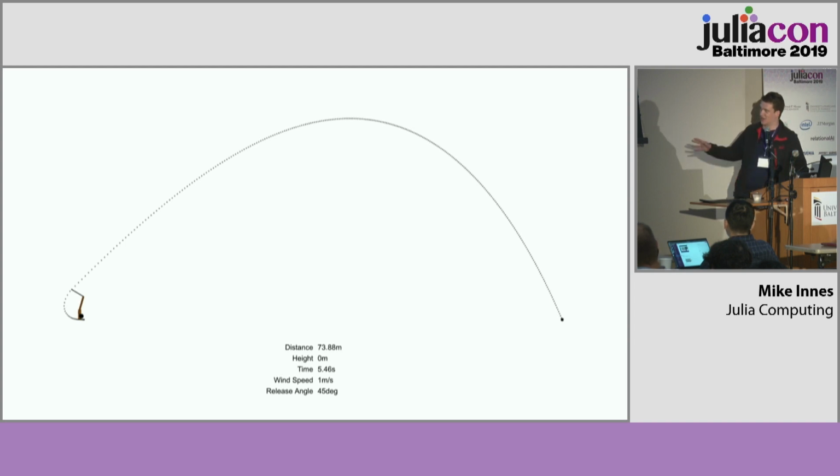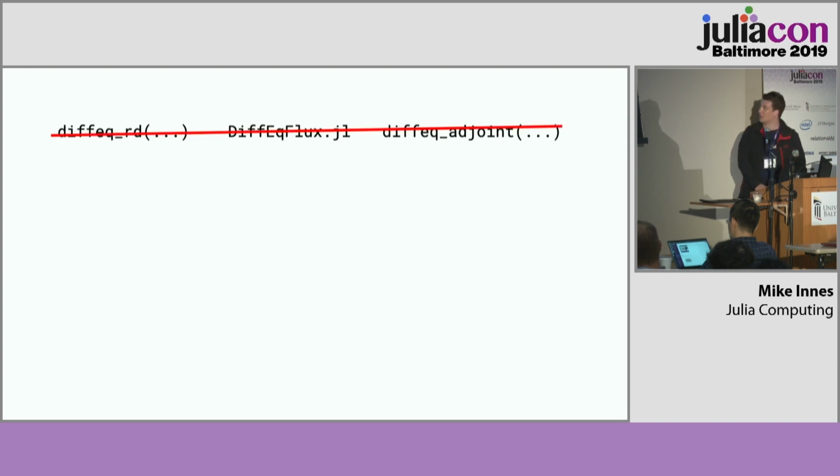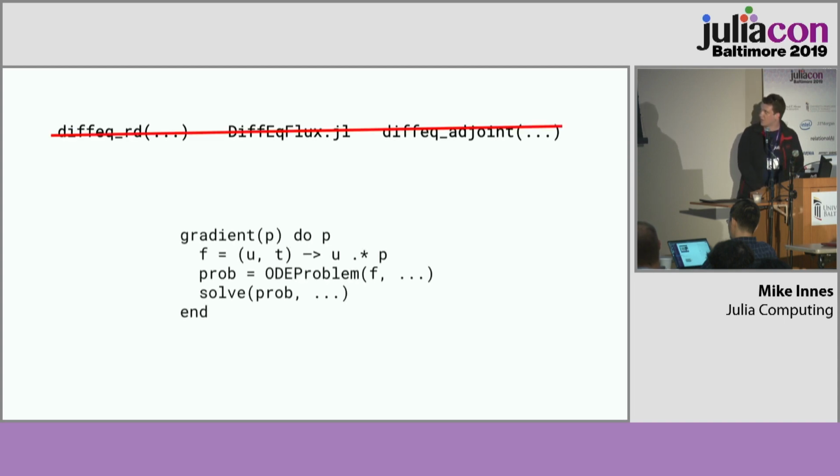I'm not going to go into loads of detail because we have other talks coming up in the conference, but just to talk a little bit about the Flux side and the API side. Right now, if you want to do this with Tracker, we have a package called diffie-flux, and a separate set of APIs that you have to use for finding derivatives and for specifying the kind of derivatives you want. So again, you can guess what's coming now. This is nonsense we want to get rid of, and the idea is to replace that with just